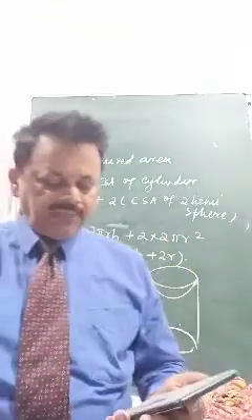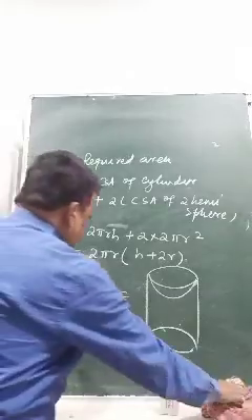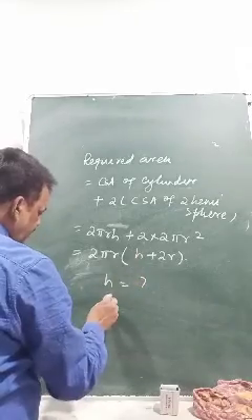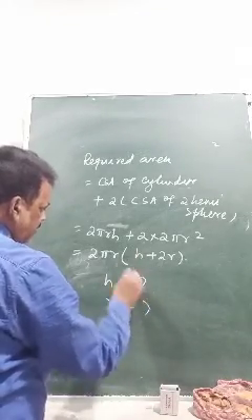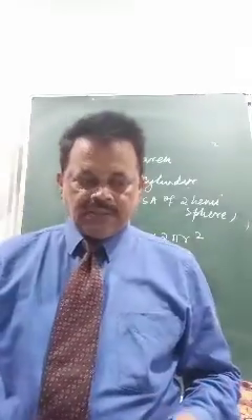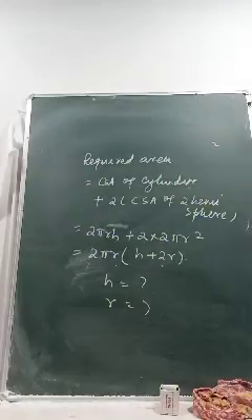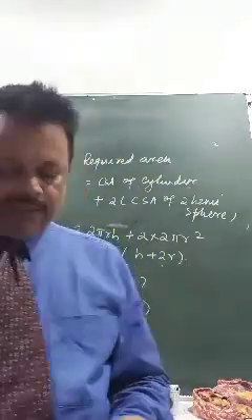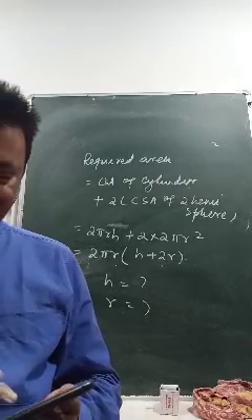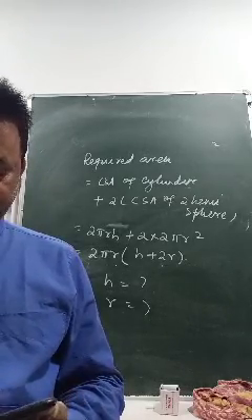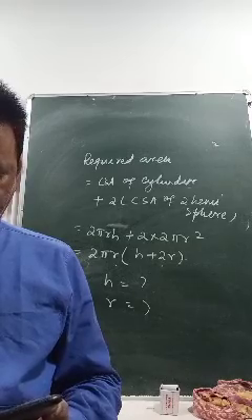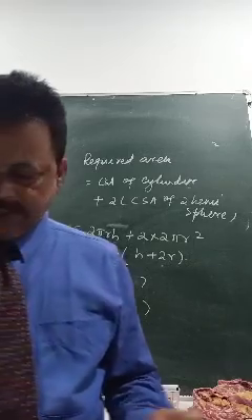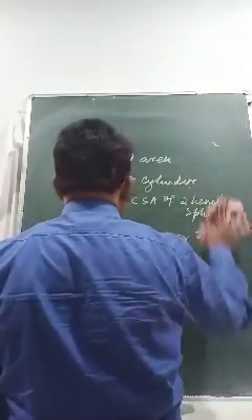Now you have to put in the values. What are the values given to us? Find out what h is from your question, then find out what r is, and put them in. Okay. Now we'll go to the next part. The next part is 13.2. Let's see exercise 13.2.